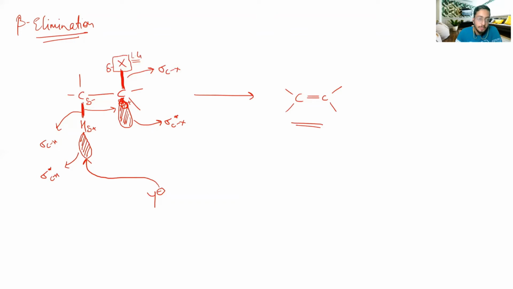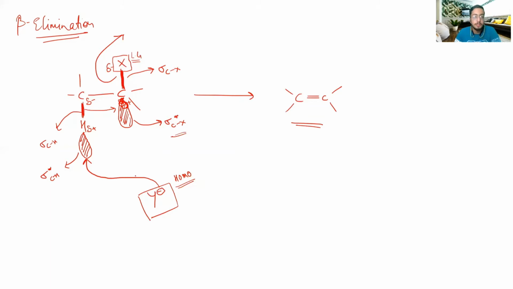As soon as this bonding orbital of the CH bond donates into the anti-bonding orbital of the CX bond, the CX bond gets repelled and the leaving group leaves from here. So this is the whole mechanism from the MO theory point of view. Since this is our base and it is donating its electron, the HOMO of this nucleophile is interacting with the LUMO of